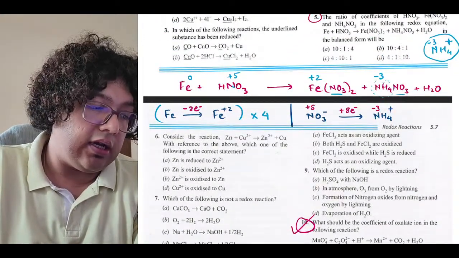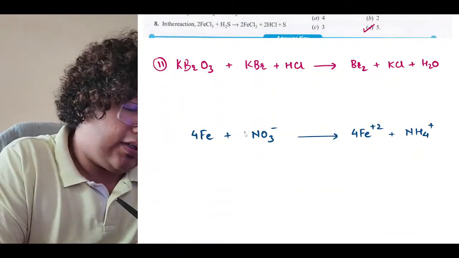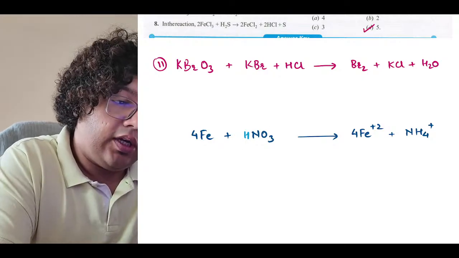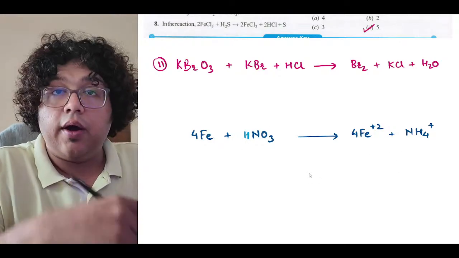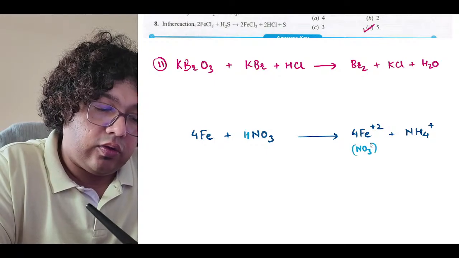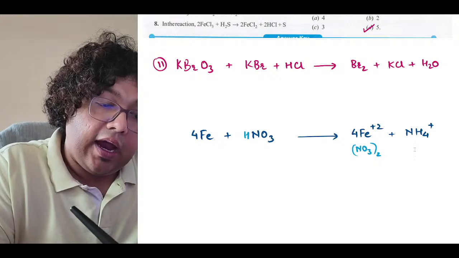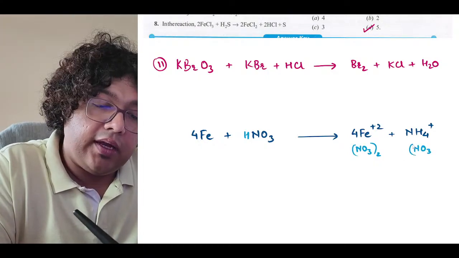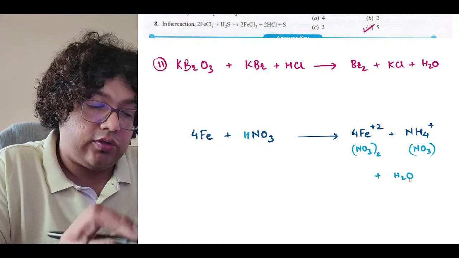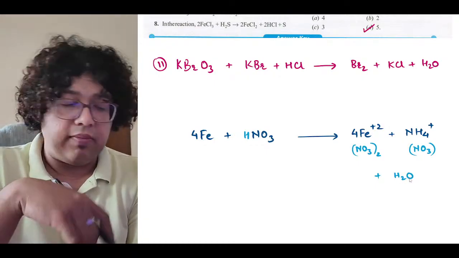So the nitrate in our question came from HNO3. So I will just introduce H over here. So we will have HNO3 one molecule. Then iron after reacting got converted into iron nitrate. So for every iron we will require 2 nitrate ions, and for every ammonium ion we will require 1 nitrate ion, and along with this we will require water. So the sky blue is the one which we have yet not balanced.